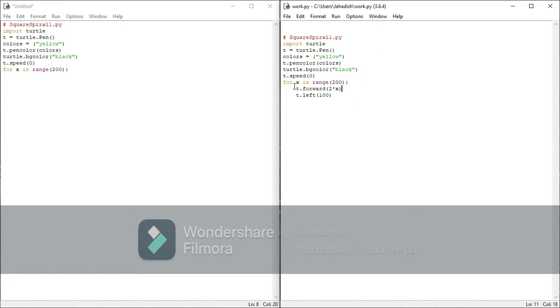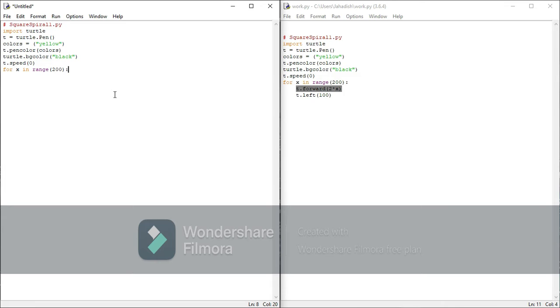Now when you click enter, it comes just below, indented from the for line, right? It doesn't start from the left edge, because these two following sentences are joined with the first one. Even if it goes here, maybe you made some mistake, so just go and click here. T dot forward. Type the code T dot forward. I'll explain that part.